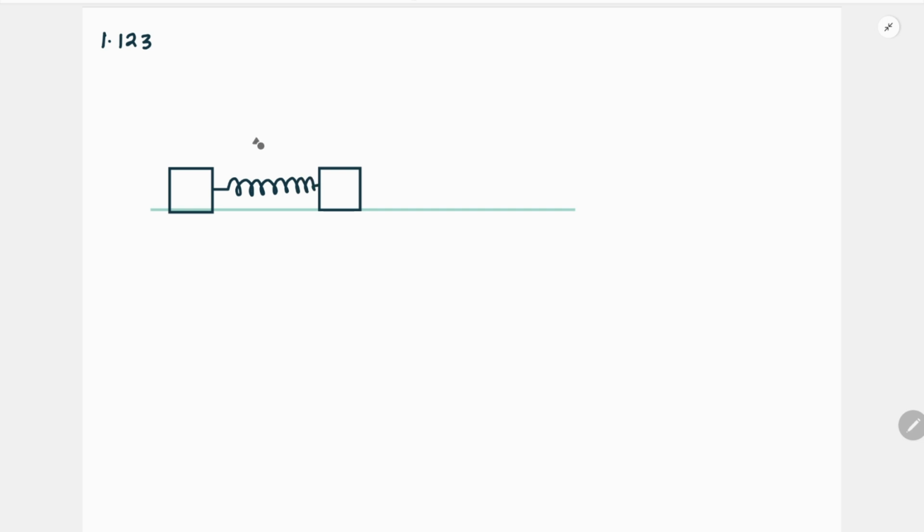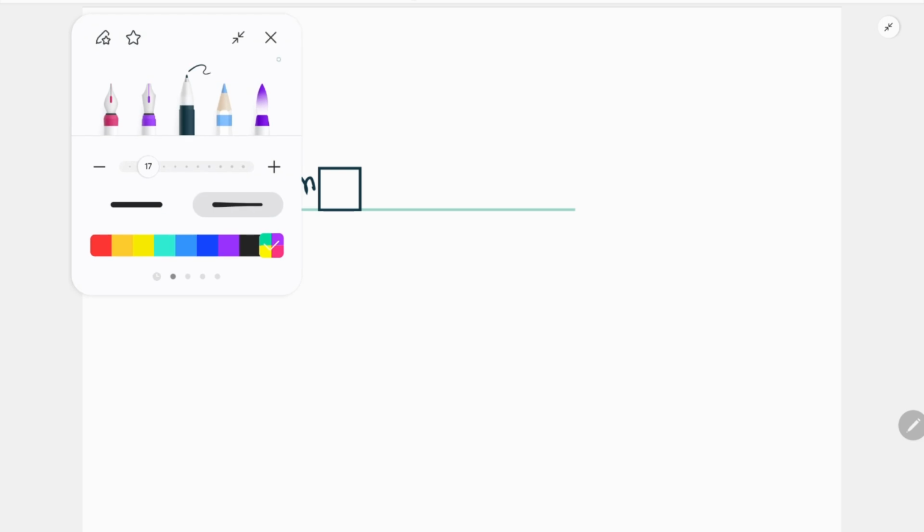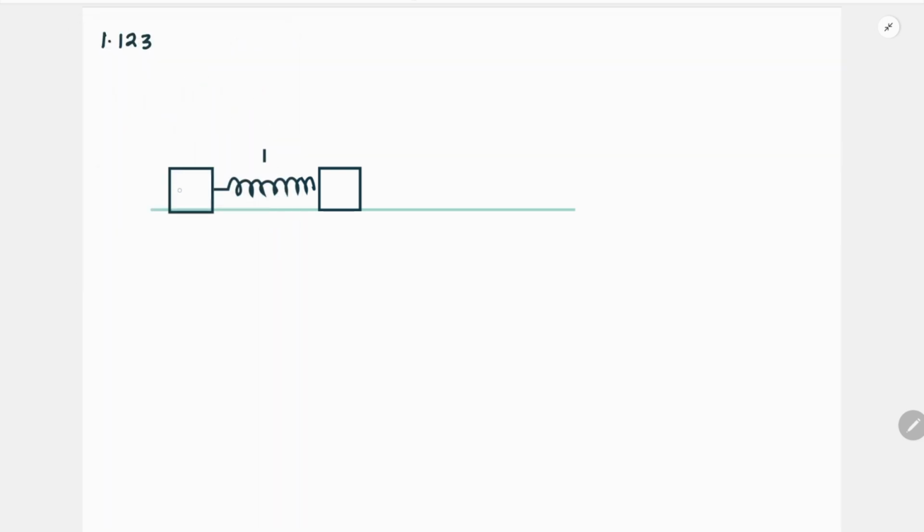connected by a spring of unstretched length having spring constant K, and the two blocks involved have masses m1 and m2. So this one is m2, this one is m1. Let us take the spring constant as K. Now a horizontal force F is applied on the block m1, and if I again reread the question, it states that two bars of masses m1 and m2 are connected by a non-deformed light spring,